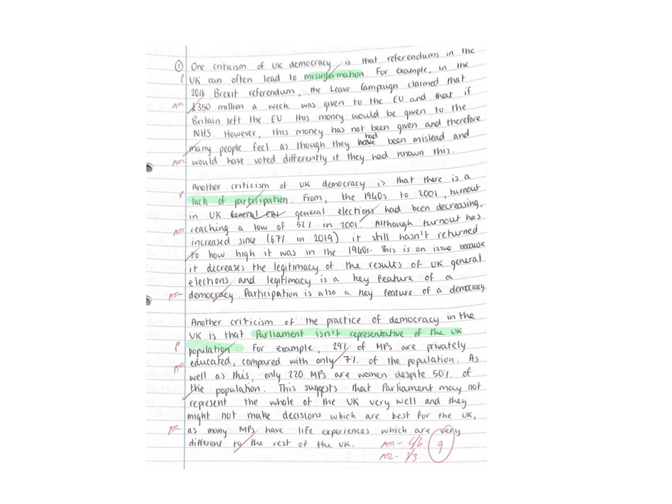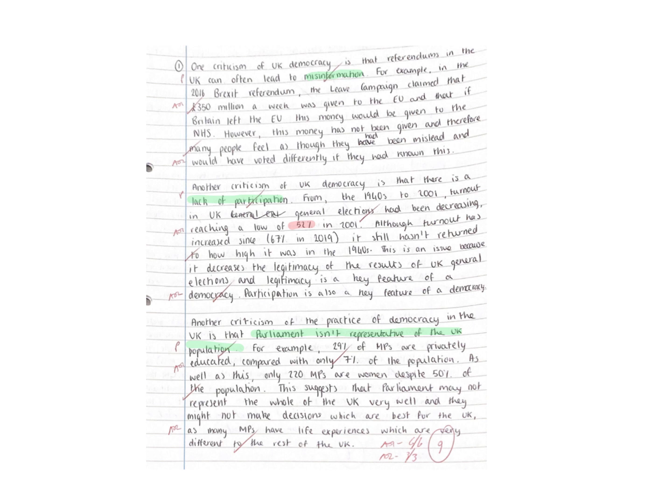The second one, lack of participation and turnout is the example. You can see that there, the low, 52%, 2001. Although I'm starting to think it might be 59%. Let's just check that figure. Yeah, I've just double checked the figure. That is 59%. So you can see there, that example, 59%. Turnout has increased to 67% in 2019.